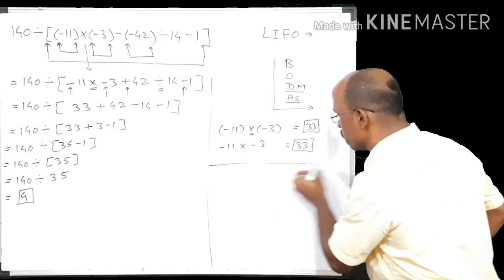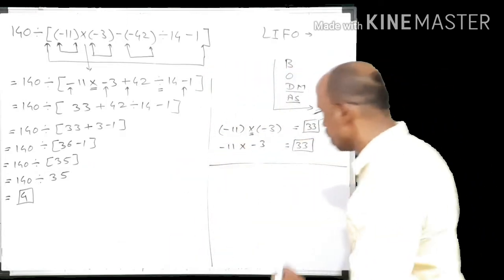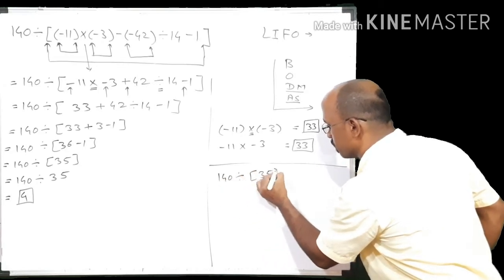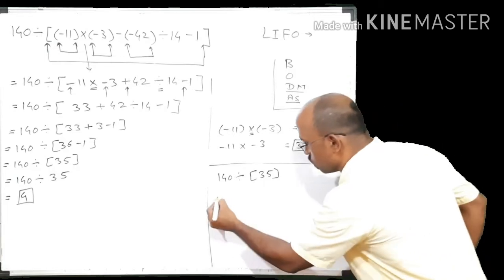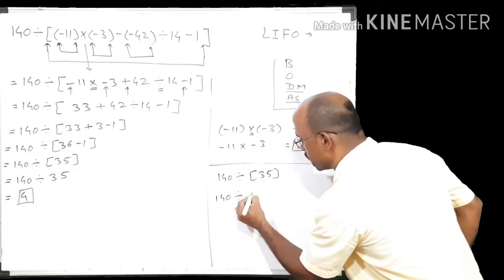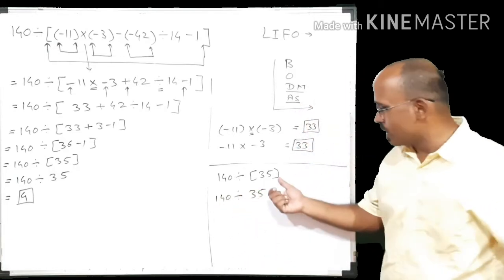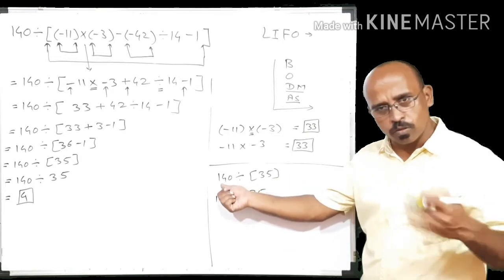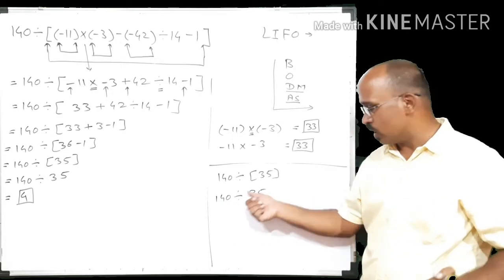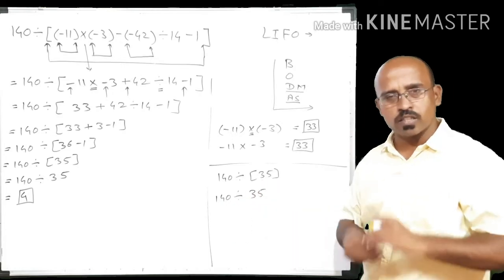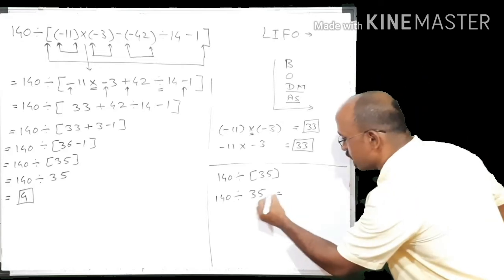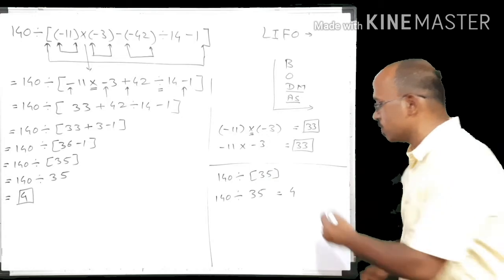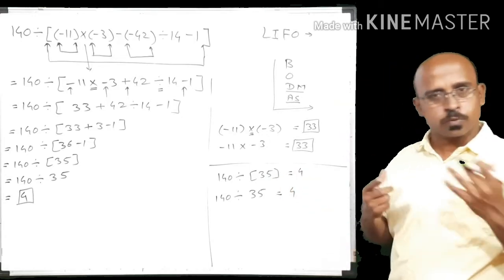Similar is the case with this step also. 140 divided by plus 35. We remove the bracket, so number changed out into 140 divided by plus 35. Is there any difference in both operations? No, because this is plus 140, this is plus 140, this is plus 35, this is plus 35. There is not any change at all. So here division is 4, and if you will divide this 140 by 35, here also division is 4.